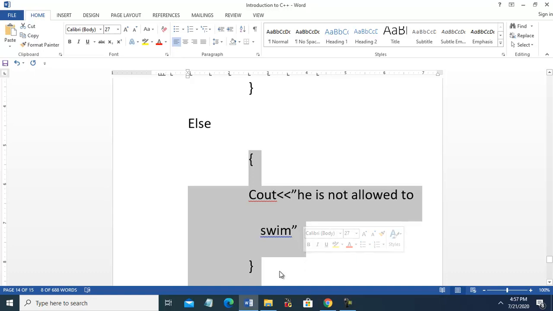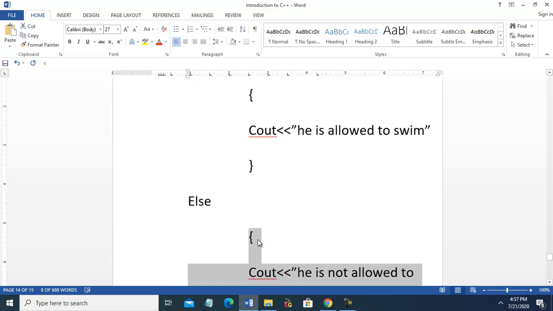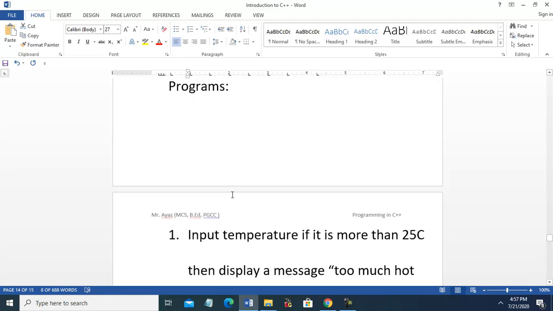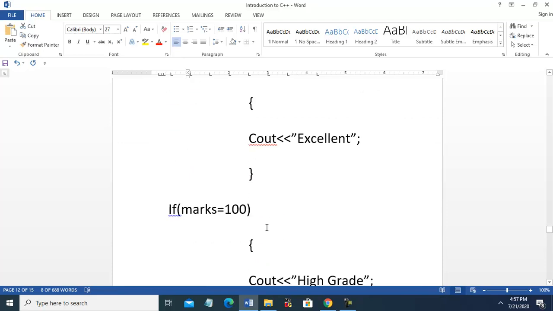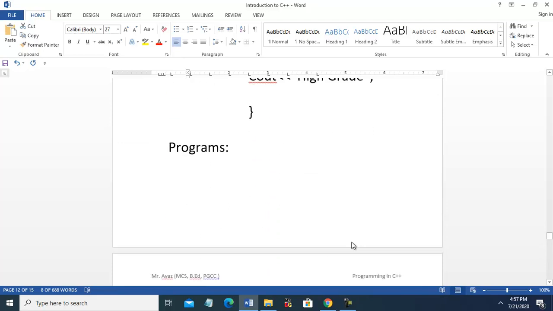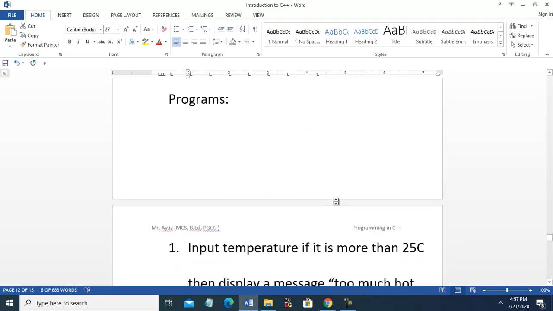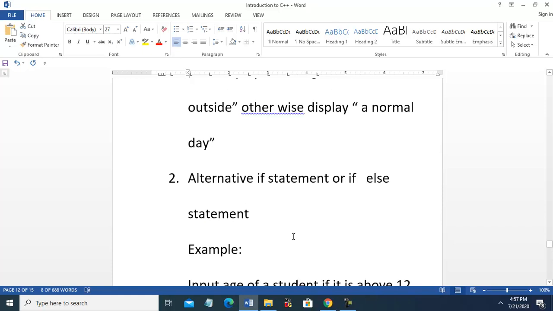If you have more than two possibilities, then you have to use this one. Simple. If marks 100, if marks 70, if marks 60, if marks 50, if marks 20, like this, then display a message, or you can give a proper action.